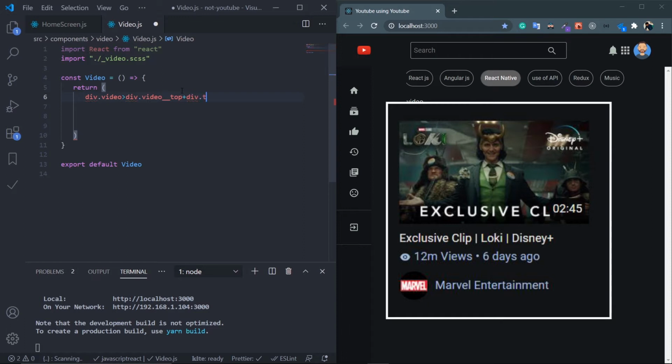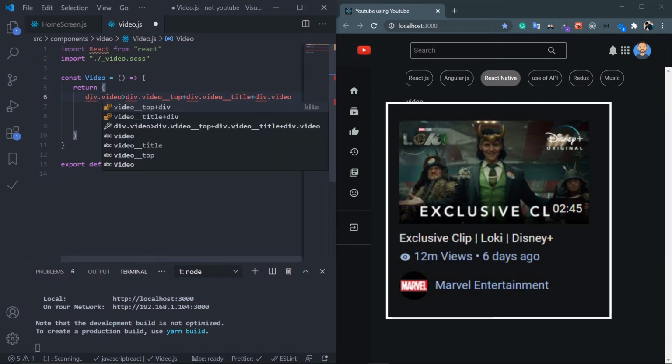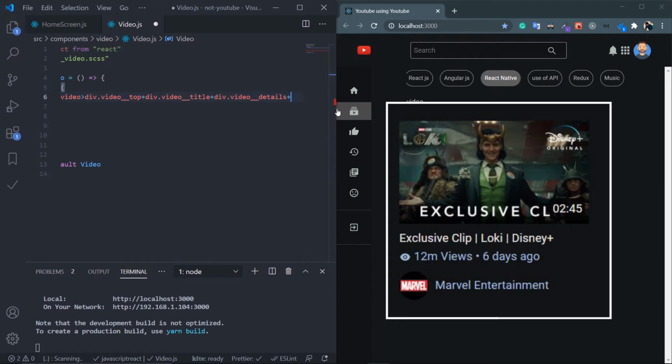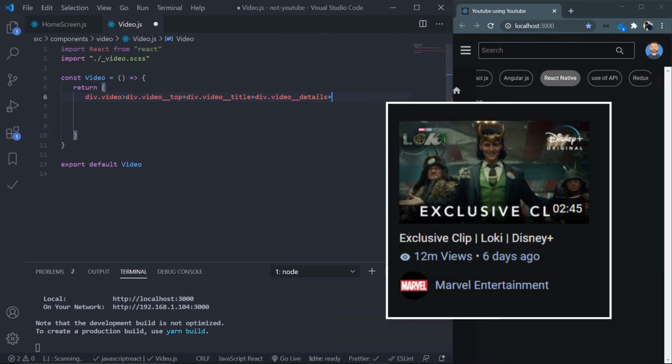And then I'll have the video title, so div video underscore title, and then I'll have the video details or something like that. So div.video details. And in emmet, if this is div, you don't need to mention div, by the way, you can just use dot. And the last thing I want is the video channel. So dot video channel